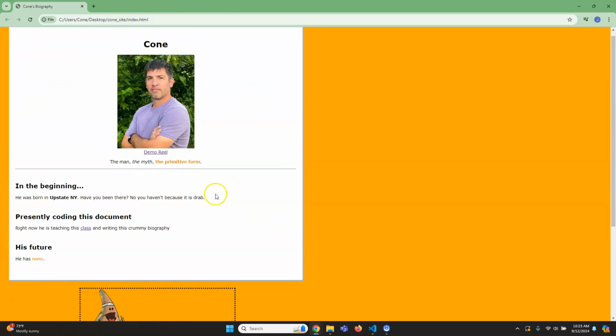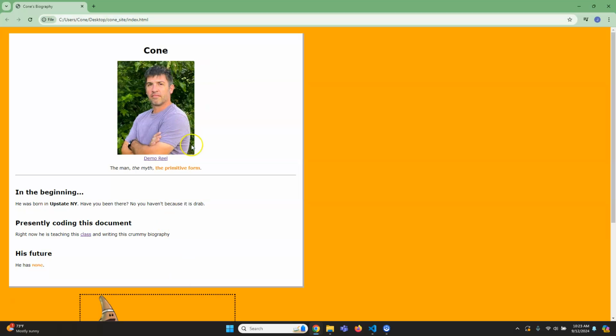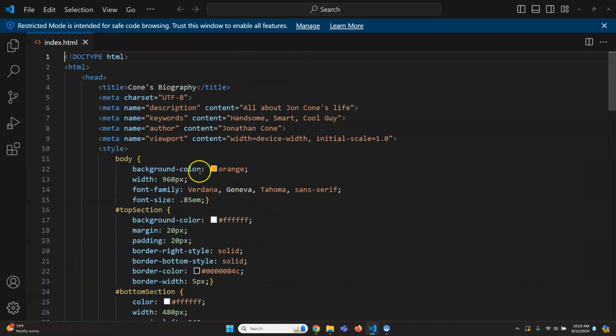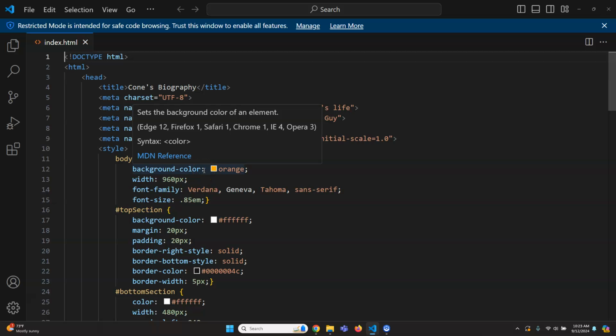Now the reason why this is important is that we want to make sure that when we convert it over, it looks exactly the same. It shouldn't change the way it looks here. Okay. So once you open it up inside of Visual Studio Code or whatever your text editor of choice